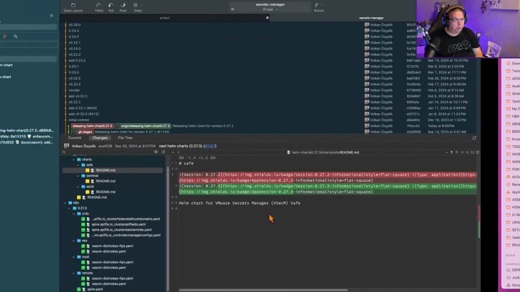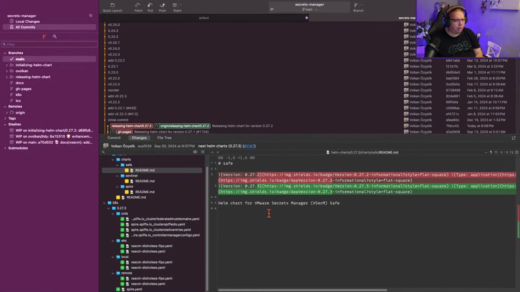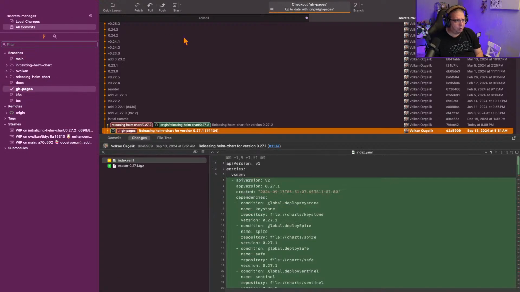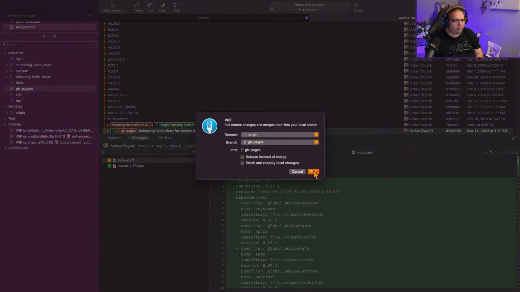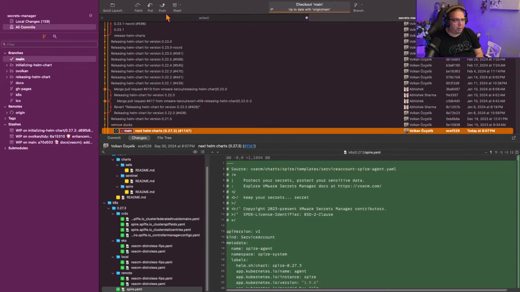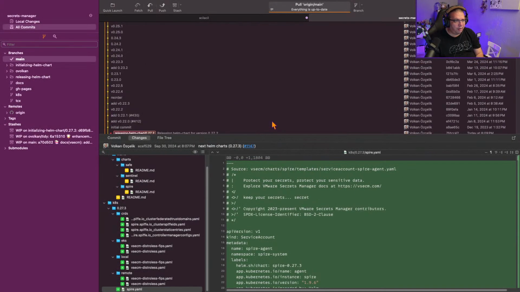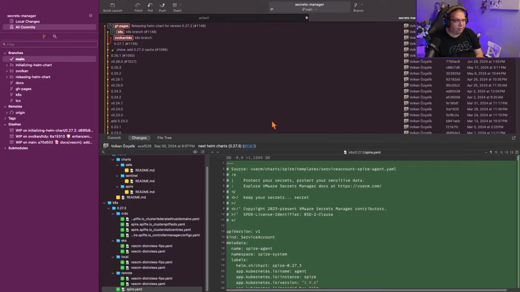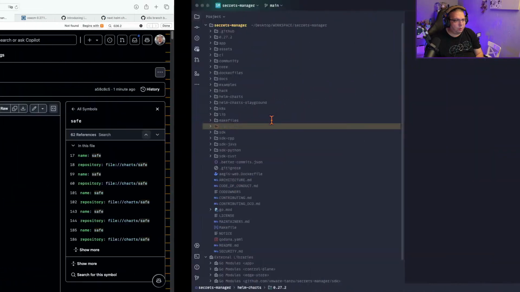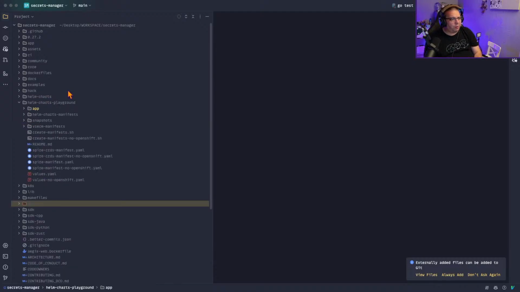Let me also pull there. Actually, I don't need to pull. No, I do need to pull. Let me go to GitHub pages. I want to pull the recent changes from there as well. Let me go back to main. I'll pull the recent origin and see if there is anything that has changed. Not yet. So let's see. So I have the recent changes on my main branch, and what we have done so far is